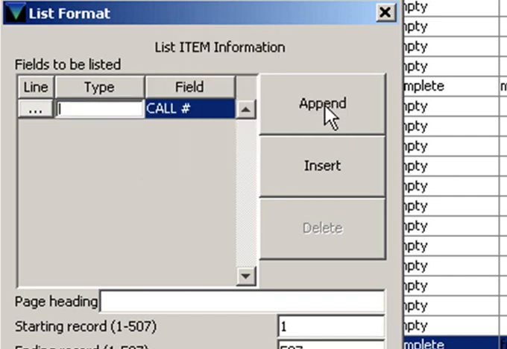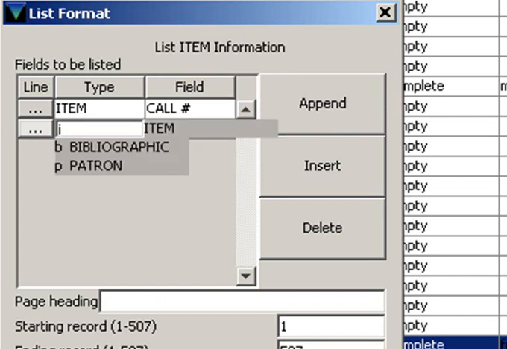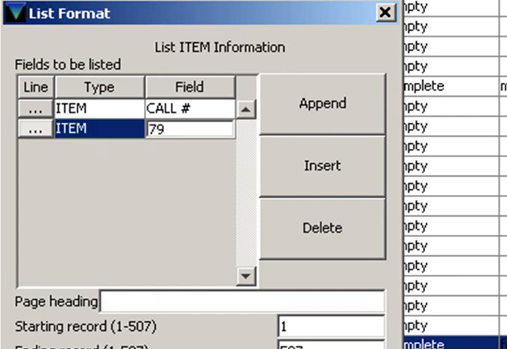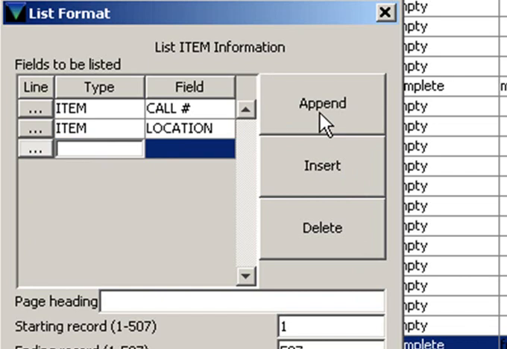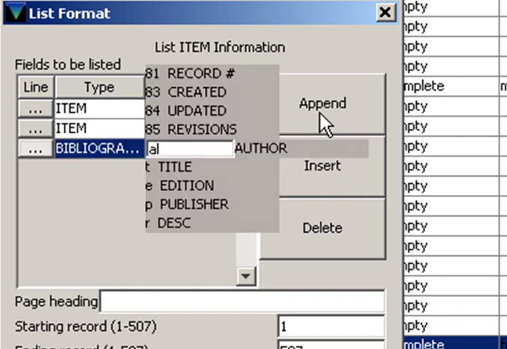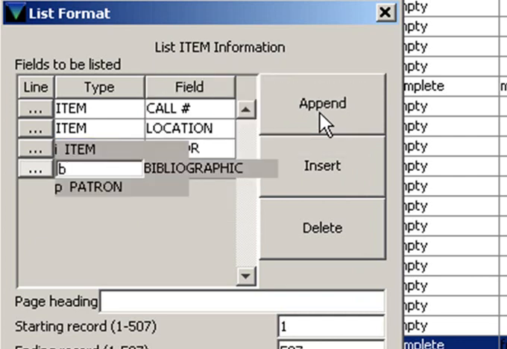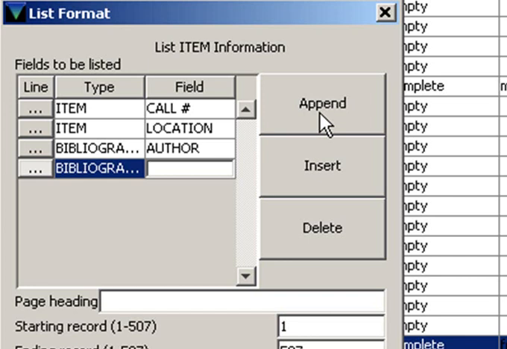Then I'm going to append on the list, and I'm going to go to Item, Location. Then, once it's in location, I'm going to append the list again, and I'm going to put bibliographic, author, append again, bibliographic, then title,